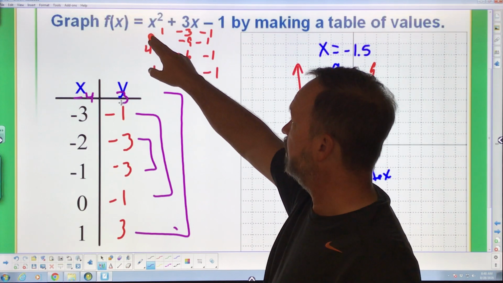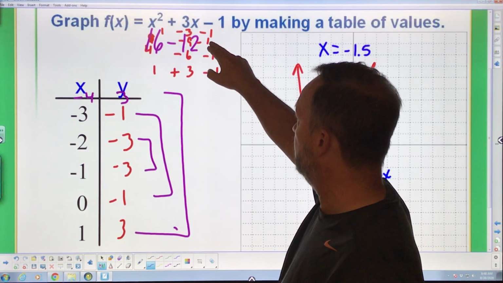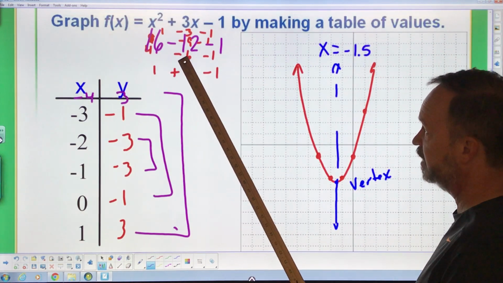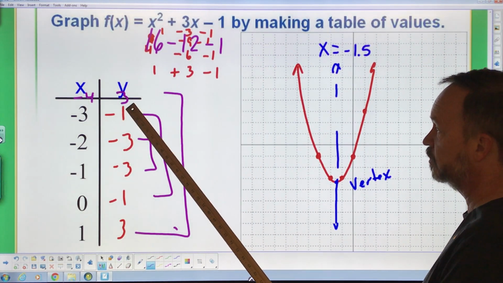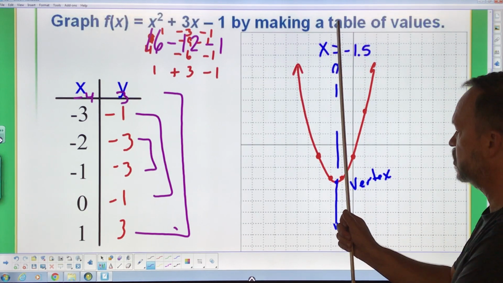Put in -4. -4 squared is 16. Put in -4, I get -12, minus 1. What is 16 minus 12? 4 minus 1, 3. It's cool how that works, but that's because of the axis of symmetry, being able to